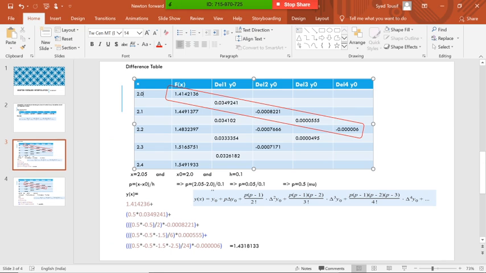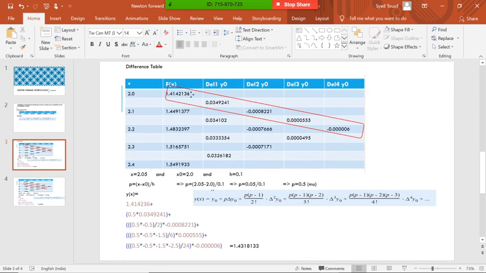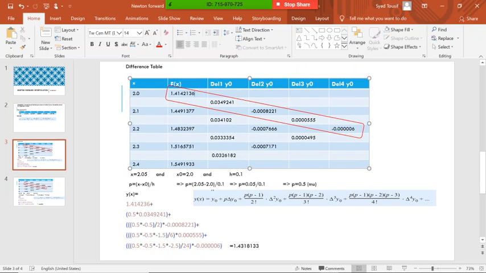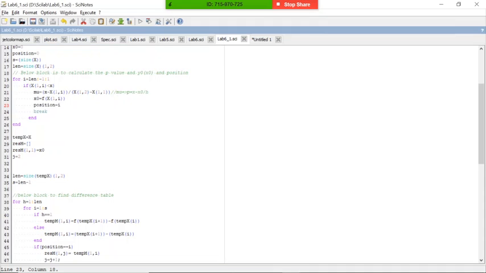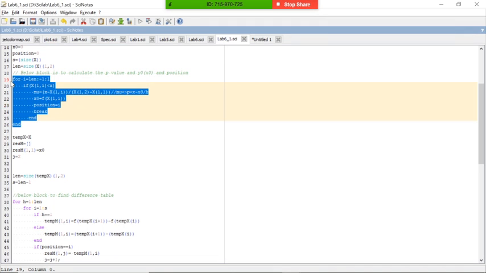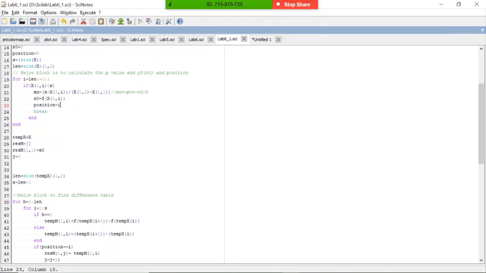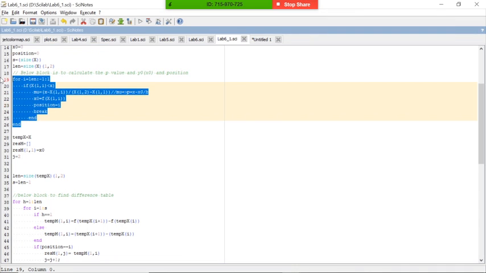So the first diagonal value we already got. We are setting the position of the diagonal, and now the position of diagonal is 1. So in this block we are calculating the p value, the x naught value, and which diagonal we are going to operate. You got this block, right?